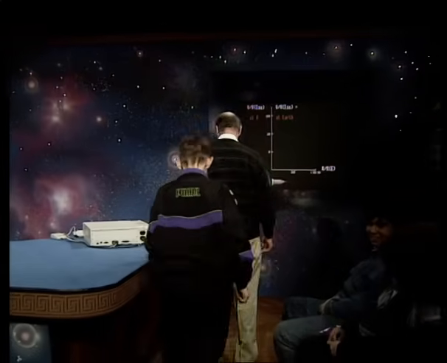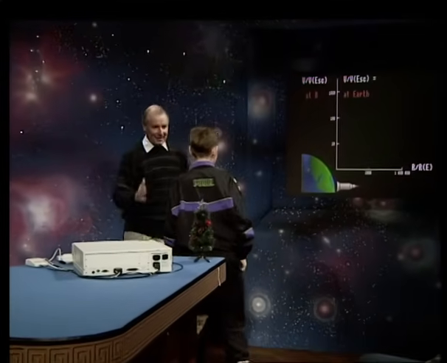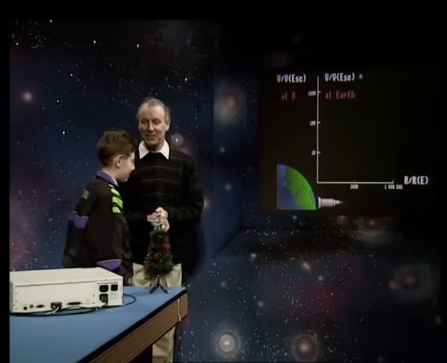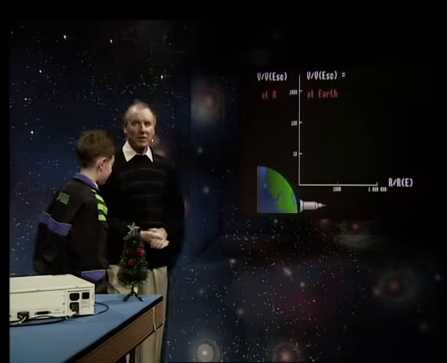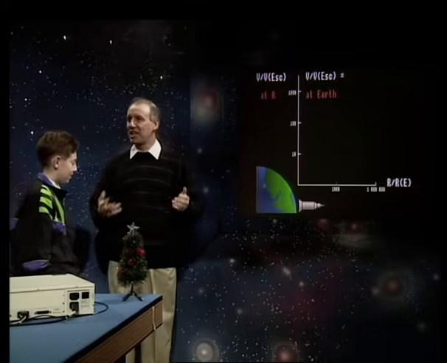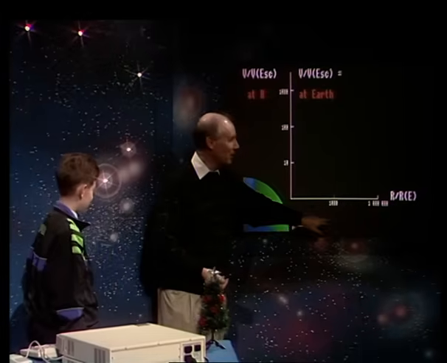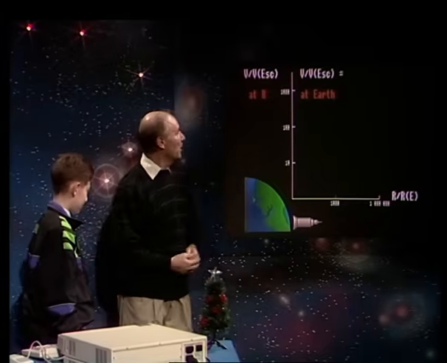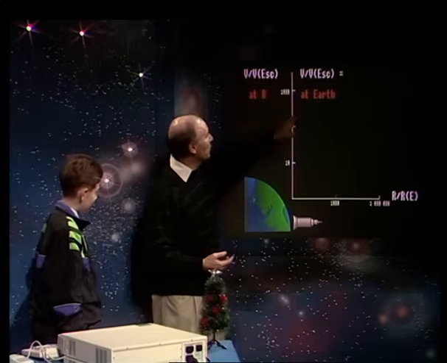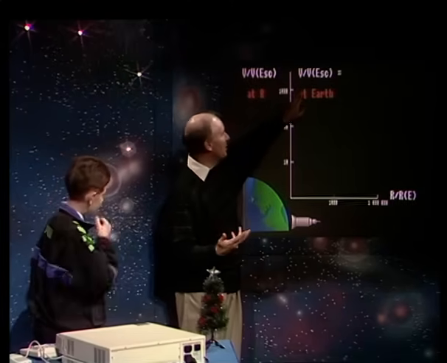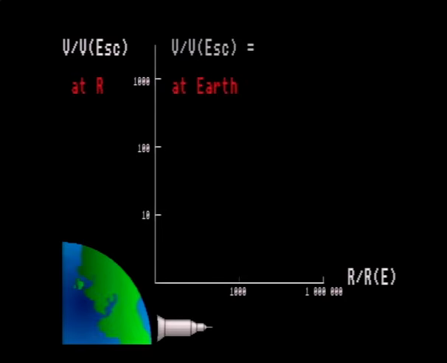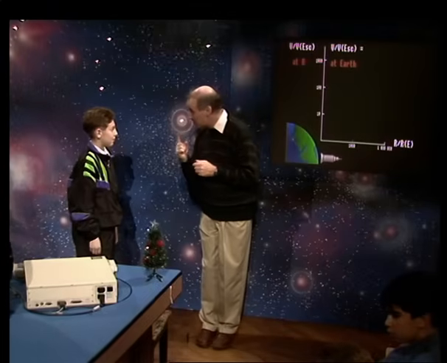Right. Come here. Now, I've got to explain this diagram first, and then you've got to be the computer operator to drive this spaceship. What we're going to show is how it is that a spaceship escaped from the Earth. All right? We've got the Earth here, and we've got a spaceship here, which is going to take off. Now, at the surface of the Earth, we're going to give it a certain velocity, and we're going to describe that in terms of the escape velocity, all right? And then we're going to ask, how does the velocity when the spaceship gets away from the Earth compare with the escape velocity when it's further out?